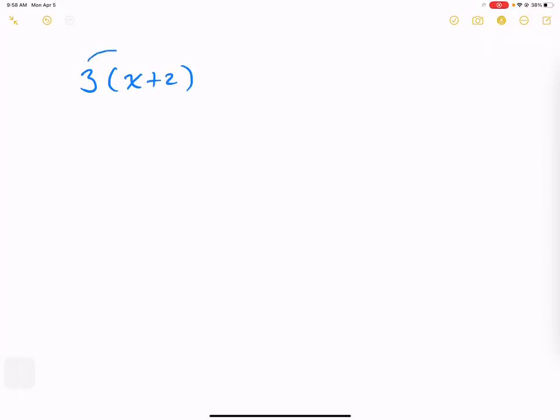And we multiply the 3 by x and the 3 by 2. And you can see I'm sharing a 3 with everyone. You get a 3x, and you get a 6. And that was pretty easy when it comes to just multiplying what we call a monomial, one thing, by a binomial, two things. Now, if I say go backwards,